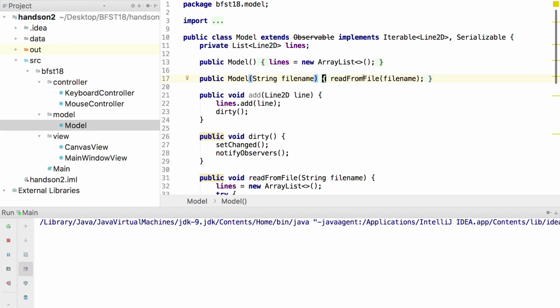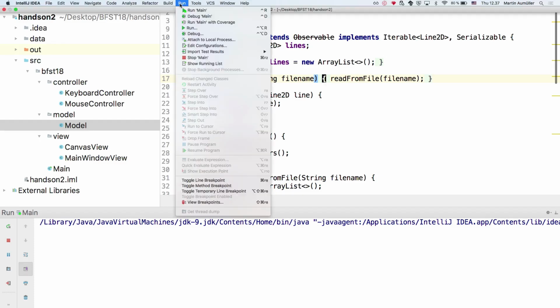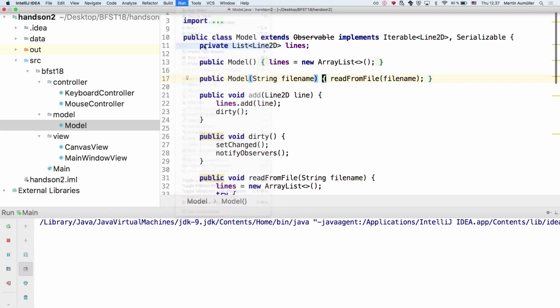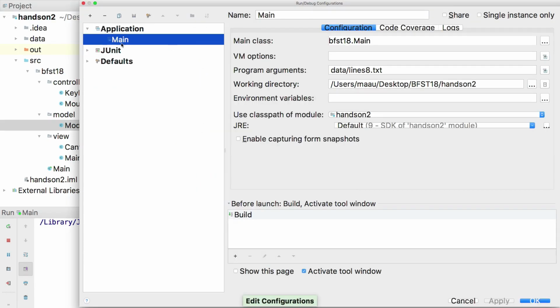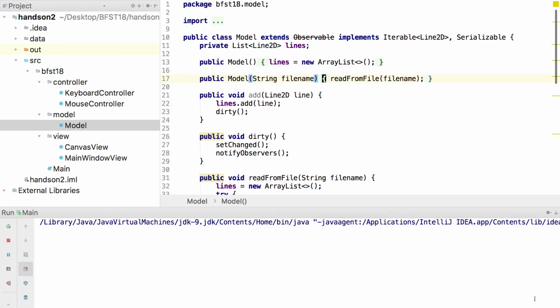In IntelliJ you first have to run the main method once, so that it knows this is something that I can invoke, and then you can say program arguments are the path to this file. On my setup it's this, and I also put it on GitHub like this. All of them in this data directory. Okay, so nothing happened here